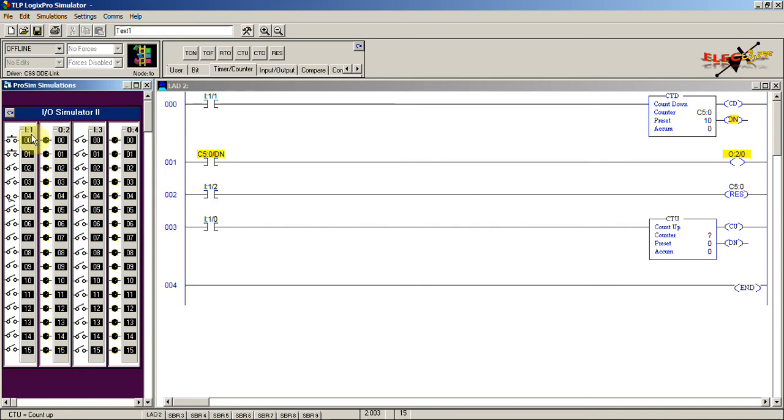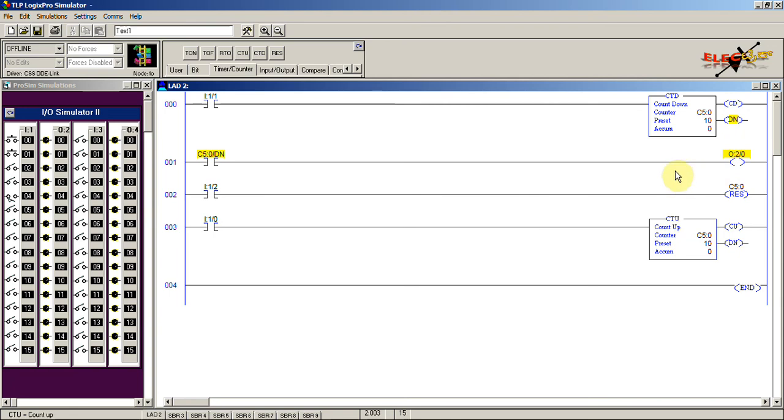This input will give the count to this up counter, so whatever parking space input is taken will be counted here, and the outgoing vehicles from the parking space will be counted here. The counter will be addressed the same, C50, and the preset value will be 10 as it is. Now the done bit can be used to show that the parking is full.